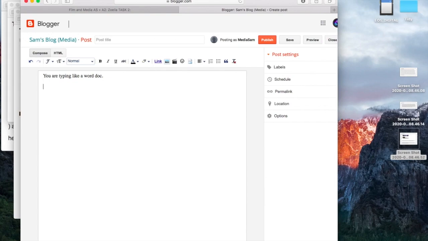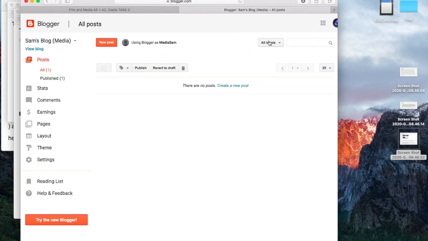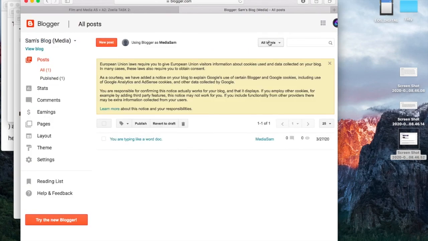Or you can copy paste. You can hit Control V, or right click, paste, and you can paste your work in from a Word doc. So a couple of you said, can I do this in a PowerPoint? You could, but you can just paste it in here. You could even add that file if you were feeling really daring and wanted to play around with some of these settings up here. But literally, write your post, go to publish, my post is live. It's as simple as that. You type it in, you click post, you're good to go. Don't mess around with the HTML. Don't mess around with anything too complicated.